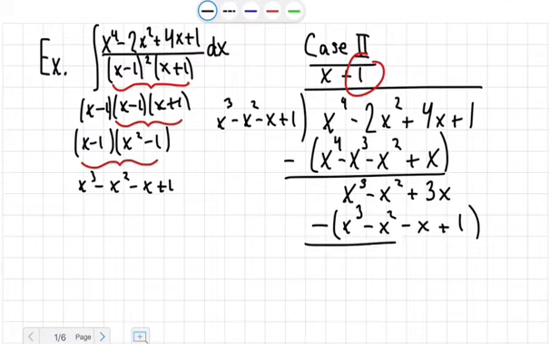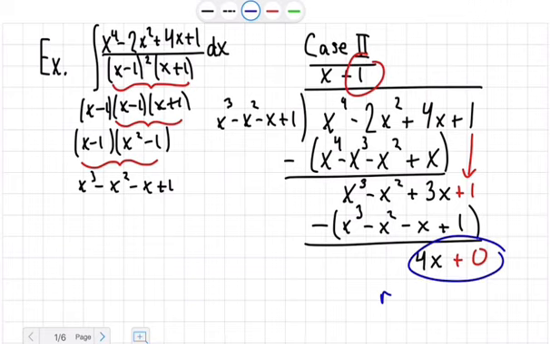Subtract all of that again, and we get x to the 3 minus x to the 3 is 0, minus x squared plus x squared is 0. 3x plus x is going to be 4x, and then we have 1 minus 1 is going to be 0, and that 1 is coming from here. We bring that down, so we get plus 0. Now, that means that this 4x is going to be our remainder,